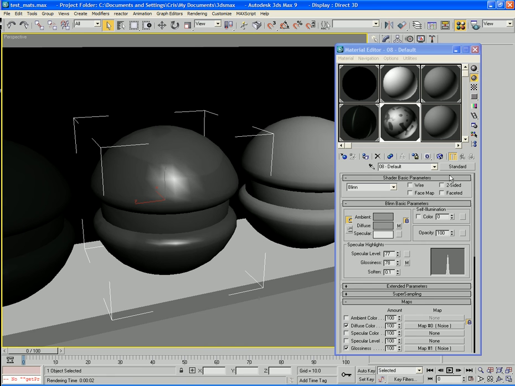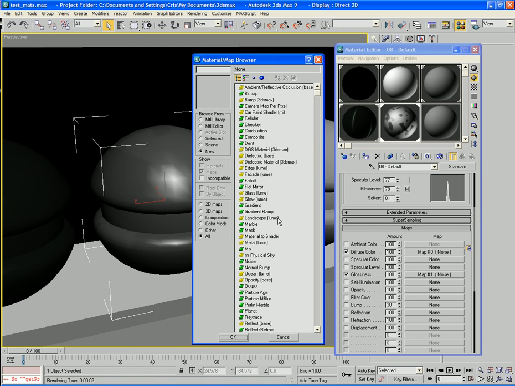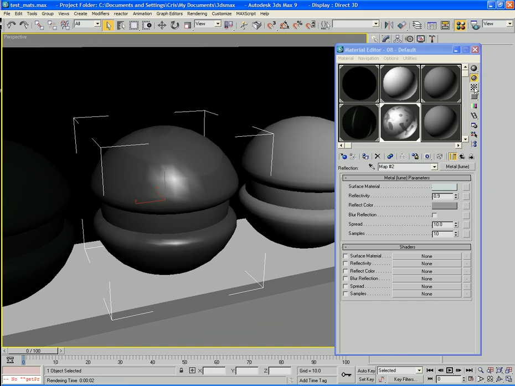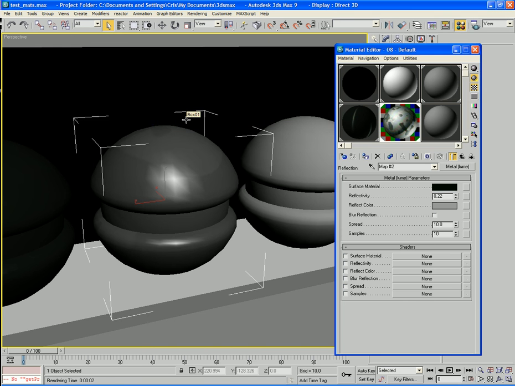Okay, now what I'm going to do is go down to my reflection map here. In my reflection I'm going to chuck a metal loom shader, and with my metal loom shader, which has too high reflectivity, I'm going to change this to 0.22. And then in the surface material I'm going to darken it right down like this and close. Now I'll hit render,